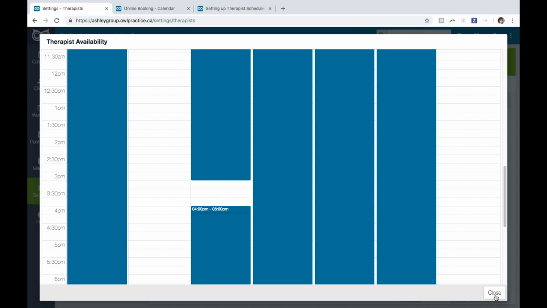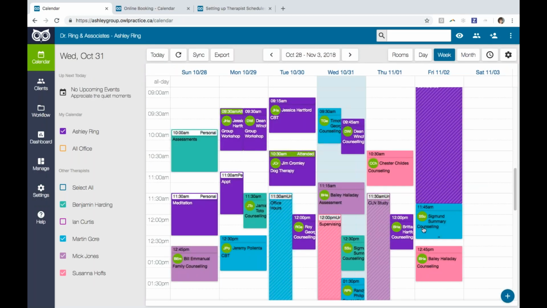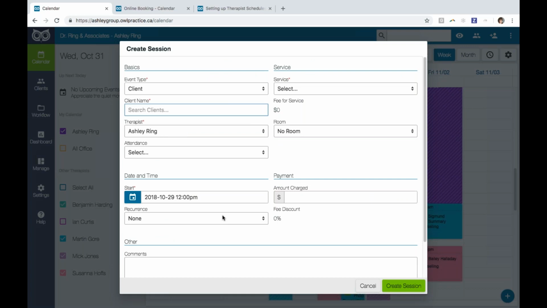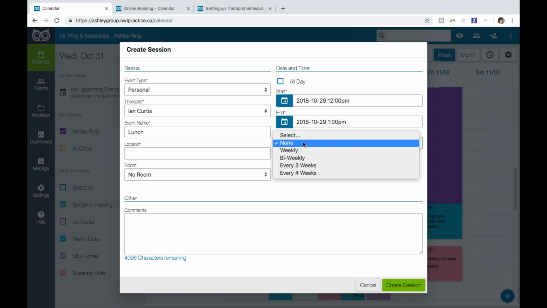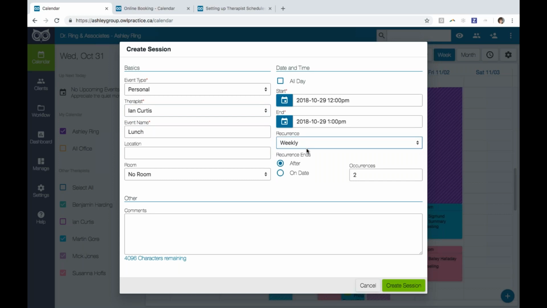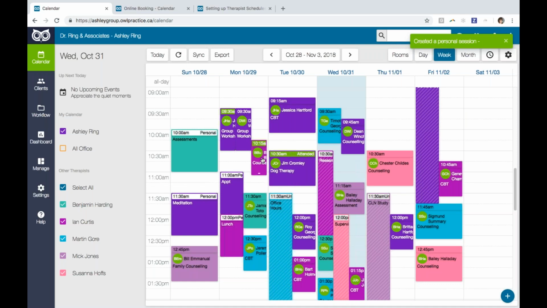Or what you could also do is just create the availability, and from the calendar here, if there's always going to be a lunch period for someone, what I could do is click on that time of the day. So let's say I click on noon here. I'm going to schedule a personal event for, let's say, Ian, and this will be his lunch break. So I could say that's from 12 to 1, and I can just put a recurrence on that. And I could say that this is recurring weekly after let's say 52 occurrences, create, and I could create that break in the schedule for each day of the week and repeat it,